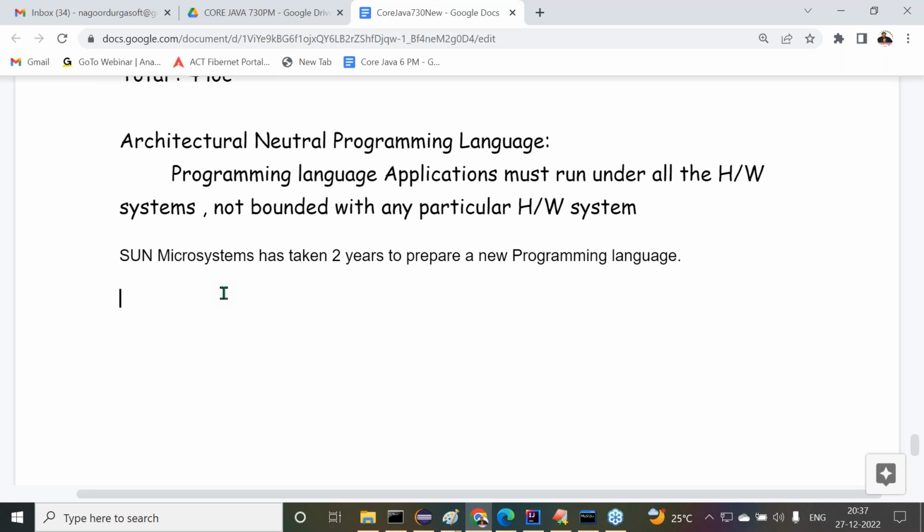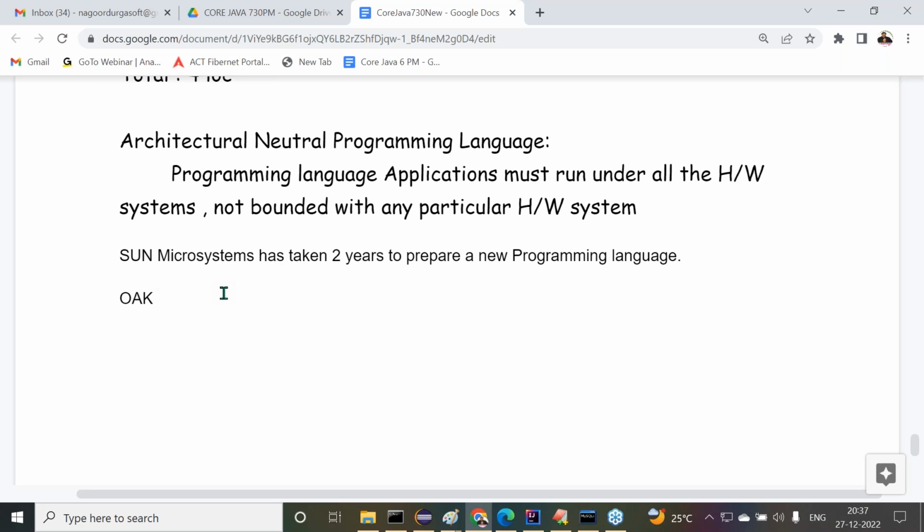James Gosling is the lead for this project, and he proposed a name: Oak. But Sun Microsystems rejected the opinion from James Gosling.